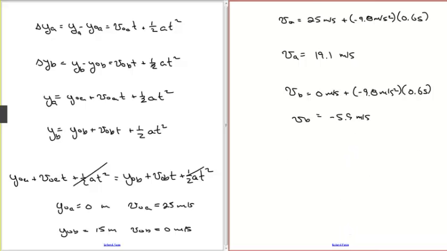25 subtracted by 19.1 is 5.9. It's not a coincidence. And if you wanted to calculate delta y, we could use almost any one of the equations, except for the one we just used here. So I'm going to use the first equation, which says you take the average velocity multiplied by t. So delta y is going to be equal to